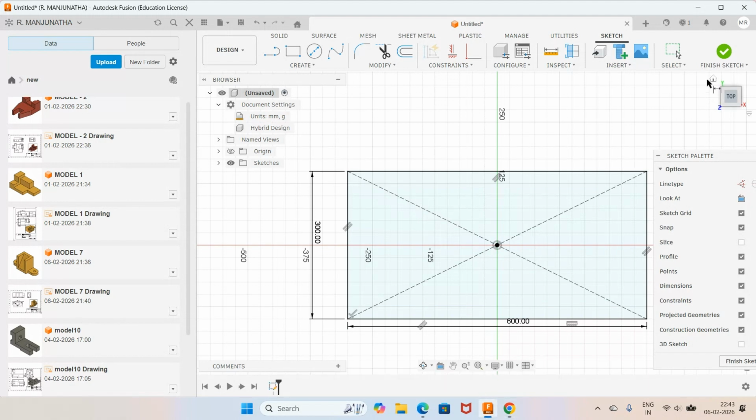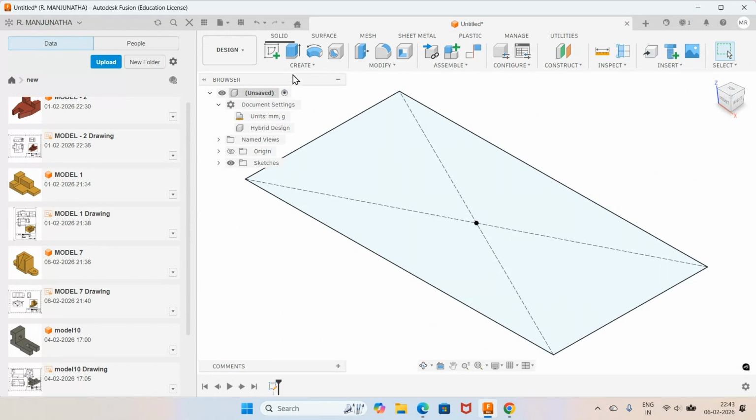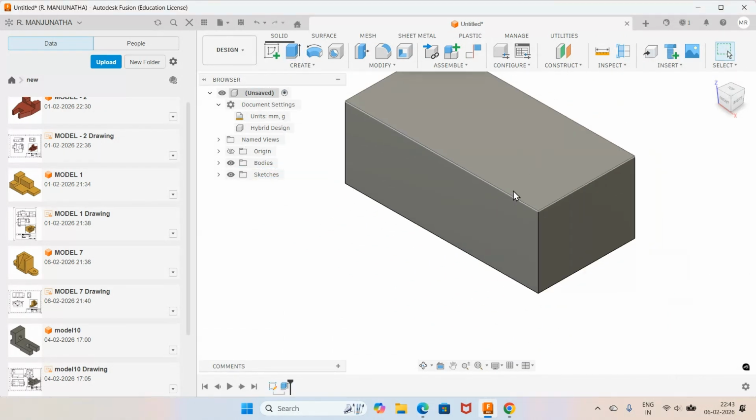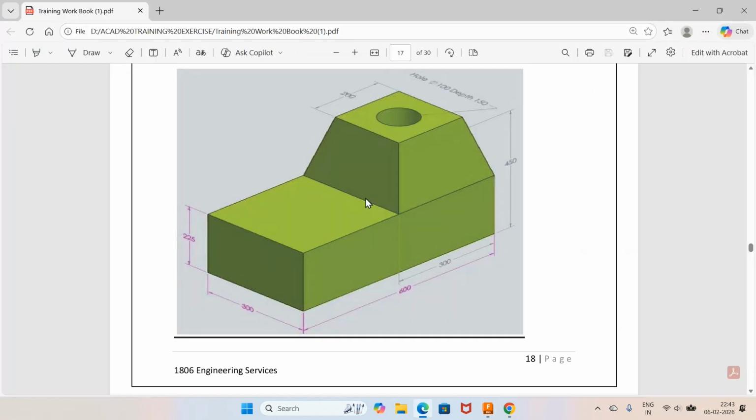Then you just go to finish sketch and go to 3D. And here go to extrude. Select this dimension as 225. So this is the first thing what I need to create, that is this one. Once you do that, now I'm going to create a sketch of 300 square on this top surface. So to do that, I will go for sketch, click on this top surface of this model